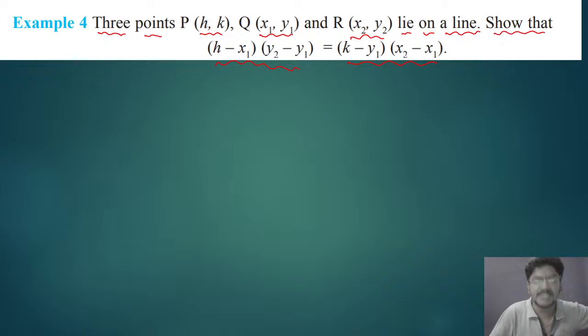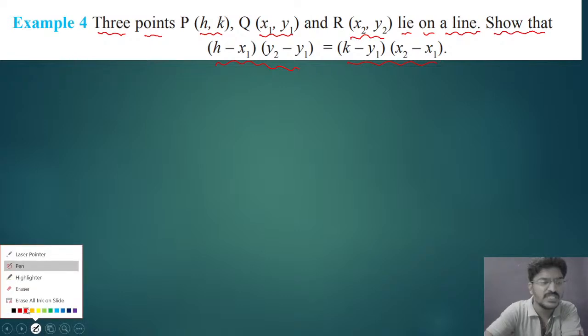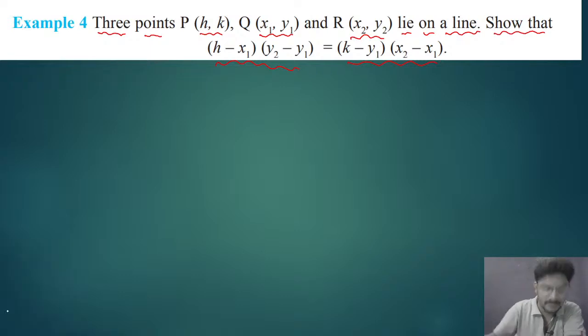What is your LHS? (h minus x1) into (y2 minus y1) equals (k minus y1) into (x2 minus x1). So this we have to prove, and they have given that all the 3 points are on the same line. So while writing the solution, you see here,